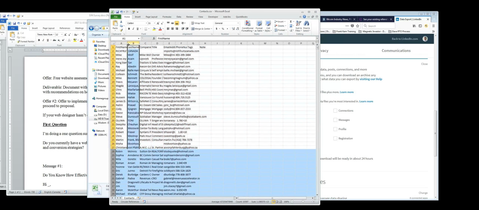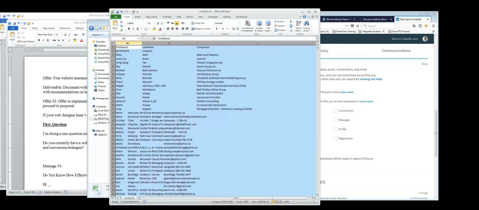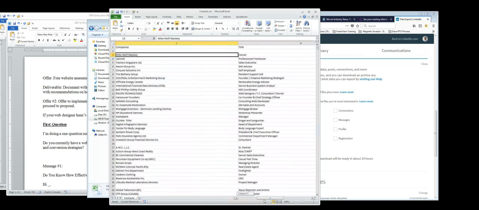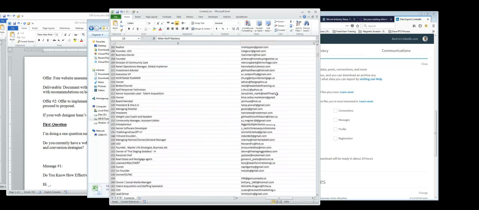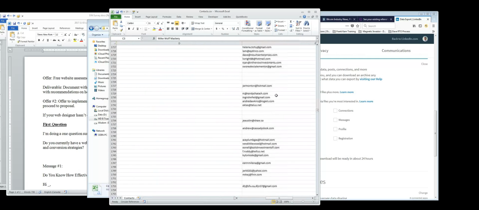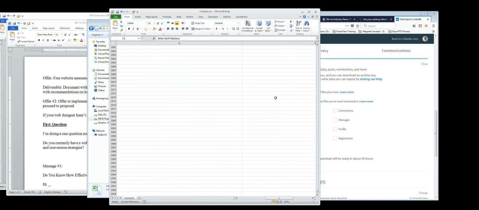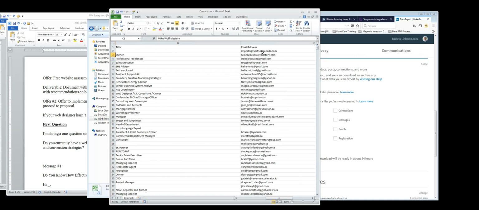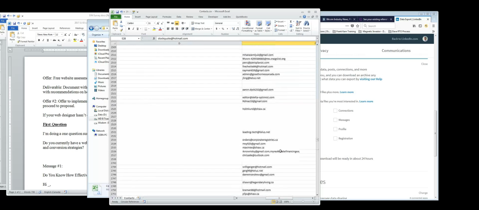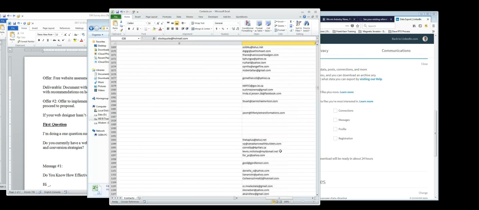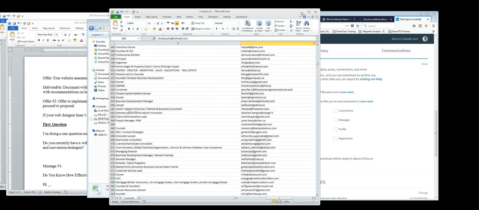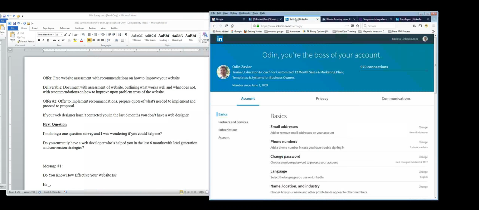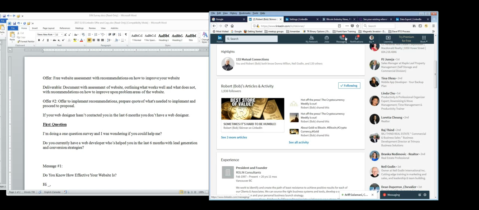So what I'm able to do is open all this up, and you're able to take a look over here at all the email addresses from every single person that has given an email address. So now I can open up my SurveyMonkey or MailChimp or whatever it is, and I can send an email to all these individuals asking them that one question survey. But there is definitely something lost when you send an email, versus sending them a message right inside of the LinkedIn chat. There's something that is lost when you do it this way.